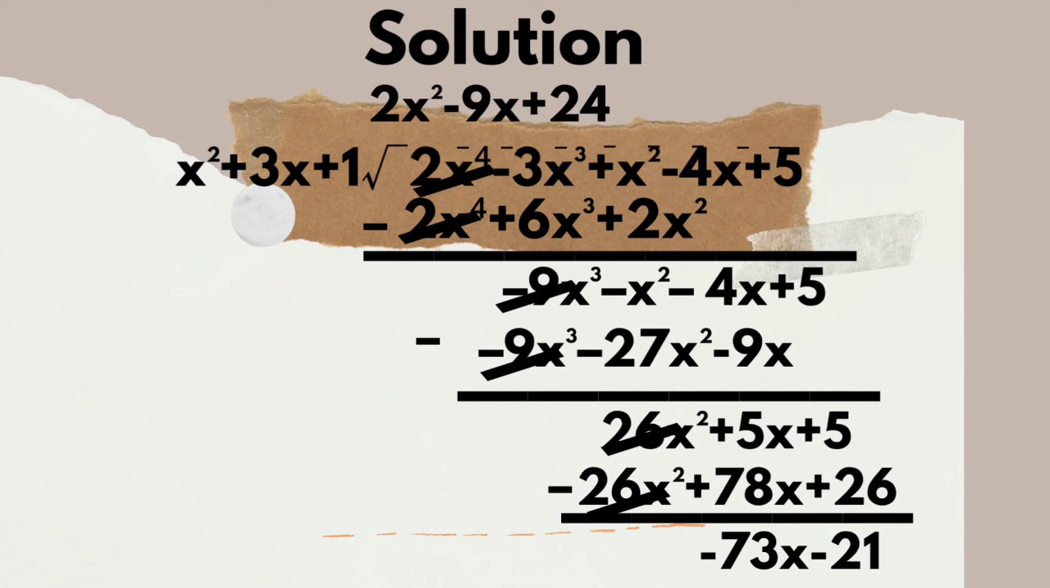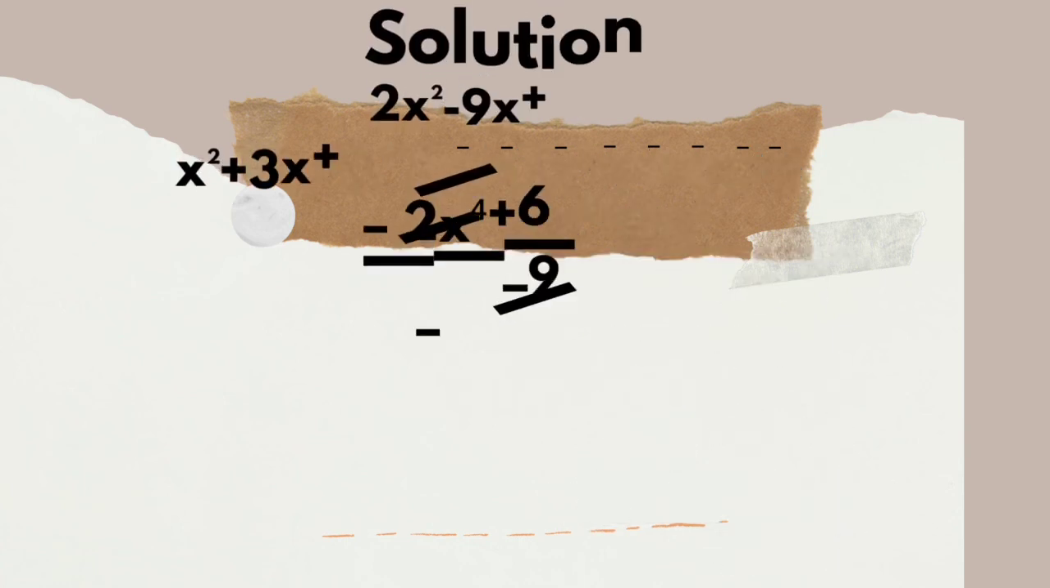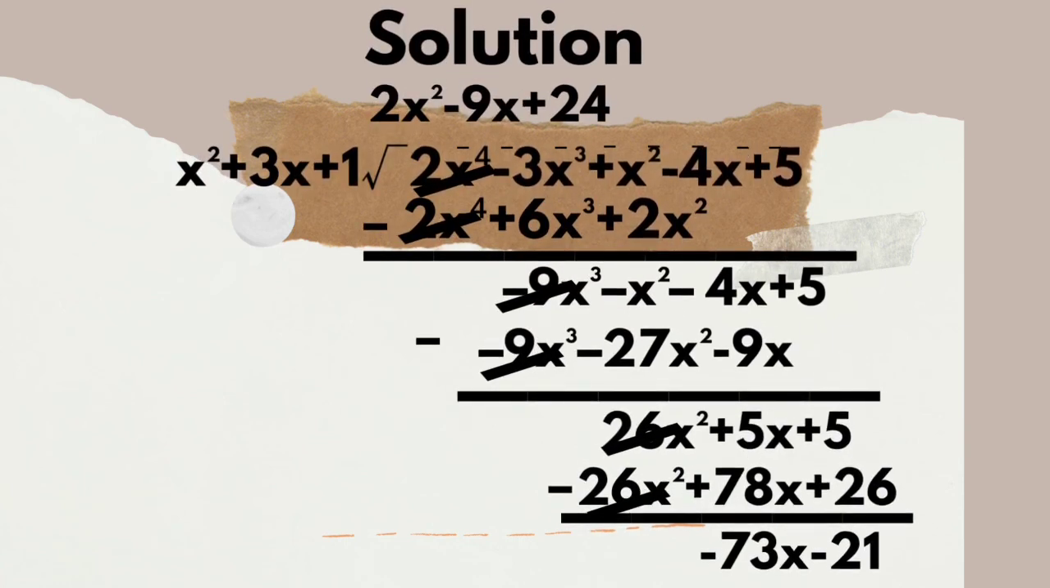Now, this same divisor will divide all these terms again, and the second term there is x raised power 2 in minus 9x raised power 3 gives us minus 9x, and at the same time you multiply this minus 9x by all the terms in the divisor, which gives us minus 9x raised power 3 minus 27x raised power 2 minus 9x, and you repeat this same procedure till you obtain 26x raised power 2 plus